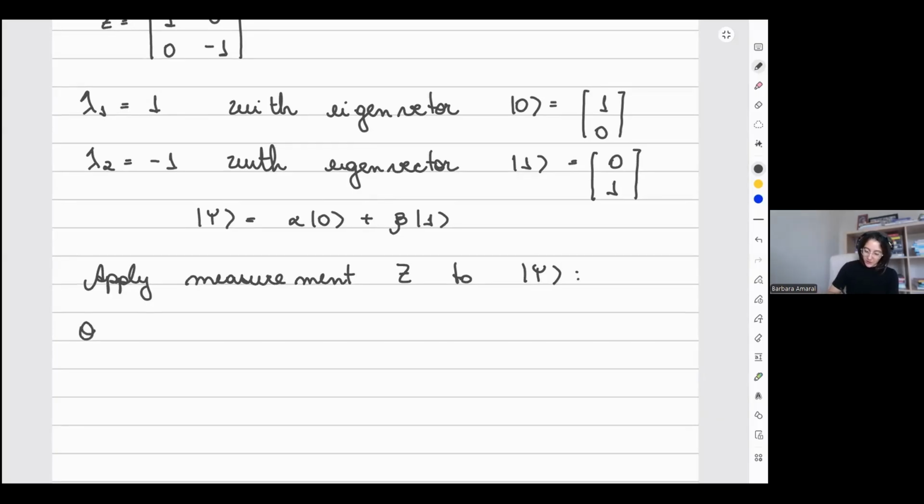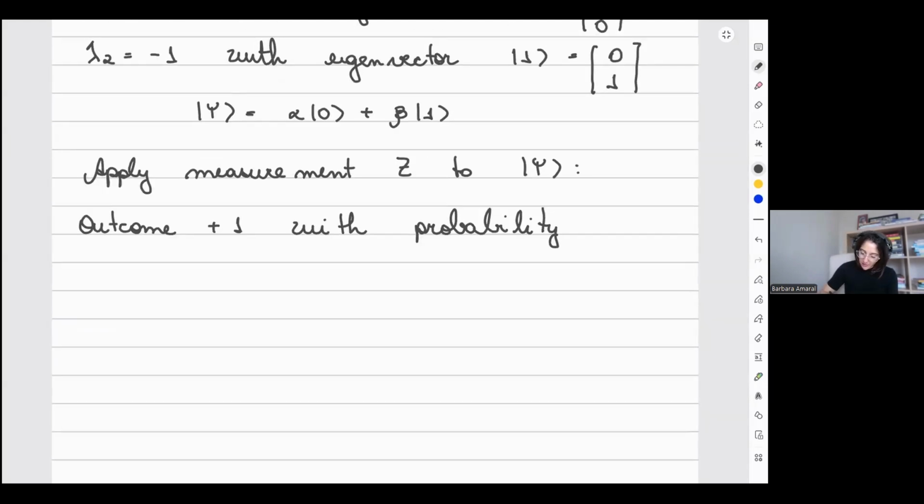So I have outcome plus 1 with probability p1 equal to psi